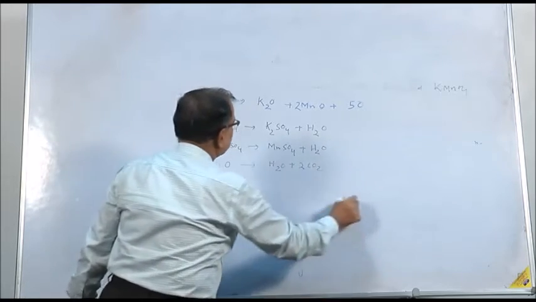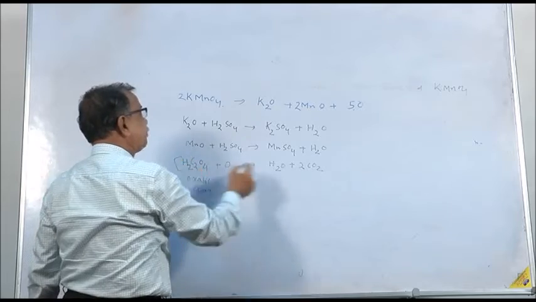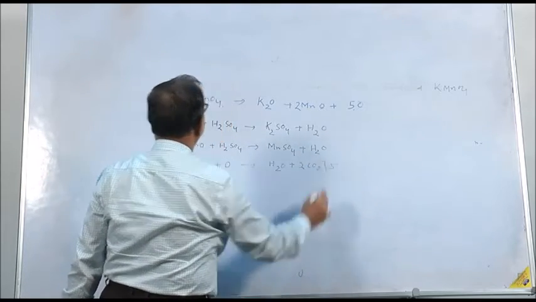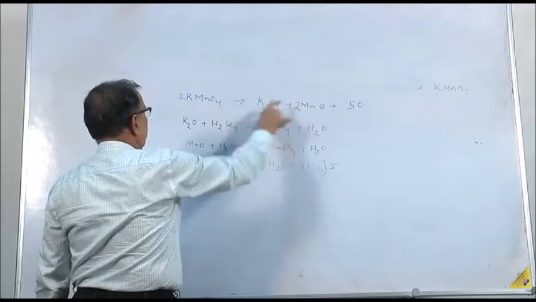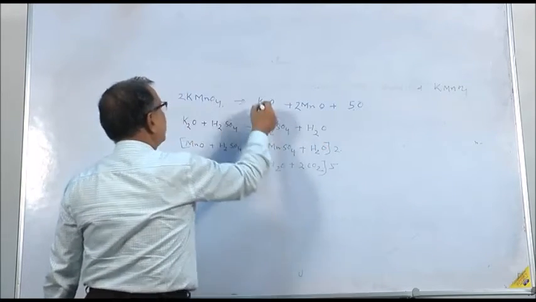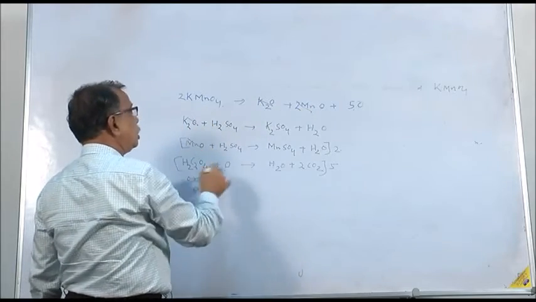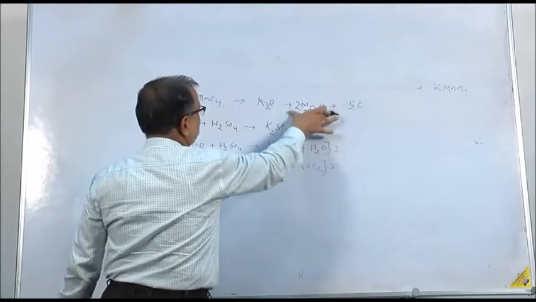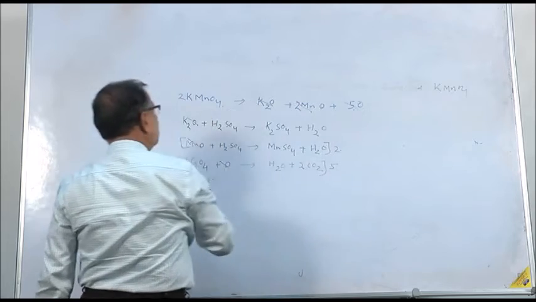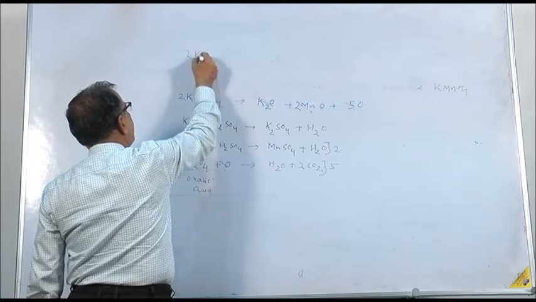To balance the equation, 5 O is there and 1 O is there in H2O, so you multiply this by 5. This is 2 MnO and here is 1 MnO, so we multiply this by 2. Now K2O cancelled, 2 MnO cancelled, 5 O cancelled. This part is completely cancelled, so the total summation of this will be 2 KMnO4